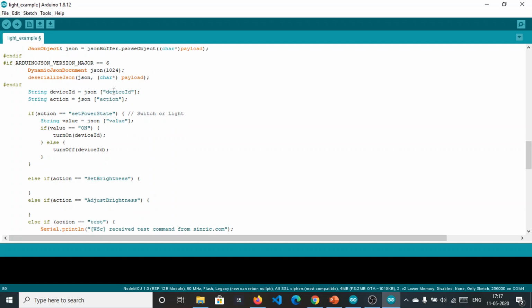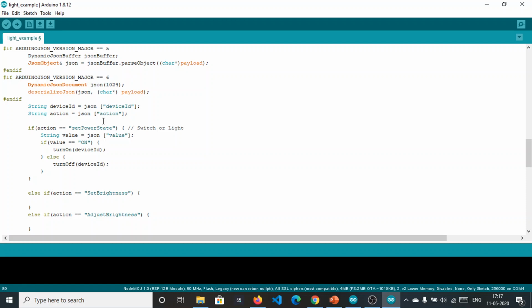So we are getting the payload, and we are parsing it because it is a JSON response, so we need to parse it, and we are using ArduinoJson for that. In ArduinoJson we are making a variable of 1024, and after that we are getting the value. Because I think it is a JSON string, we are deserializing first and then parsing it. Fine. This one is a string, and this one is converted to a JSON object.